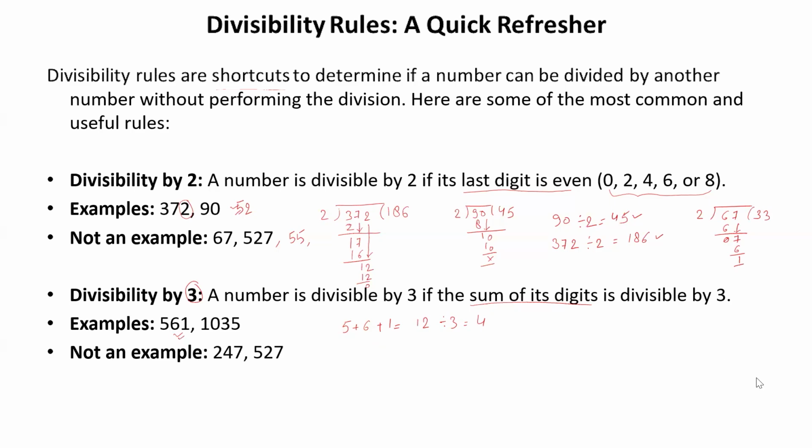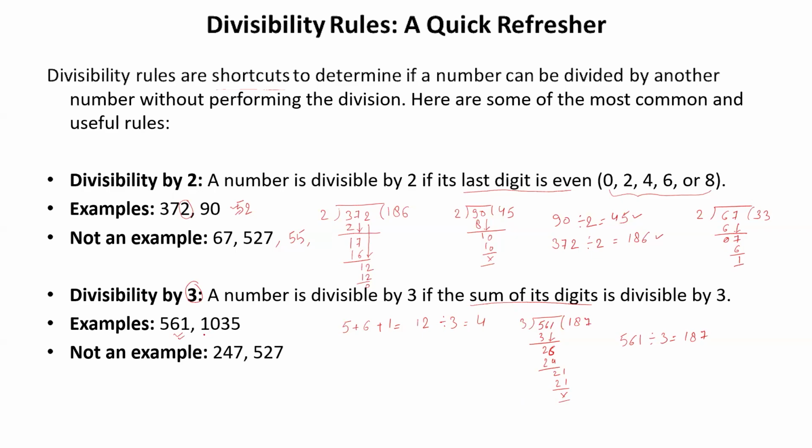Let's check whether it is actually divisible by 3. Just do the division and check. 561 divided by 3. So 1, you will get 3, remainder is 2, take this 6 down, 26. So 26, you take 8, right? 24, you get 2, take 1 down, and 7, you get 21. Again, remainder is 0. So 561 actually is divisible by 3, 187. So this rule seems to be correct, isn't it?